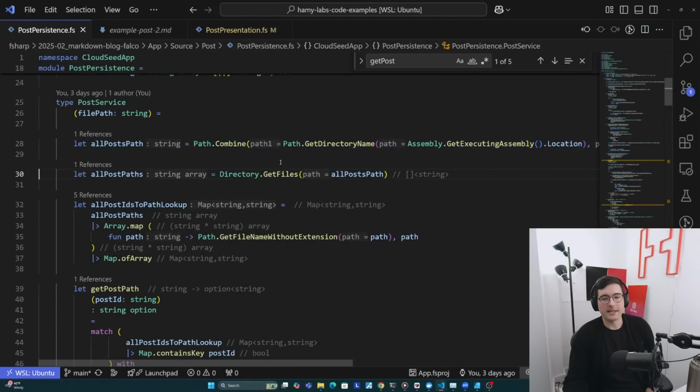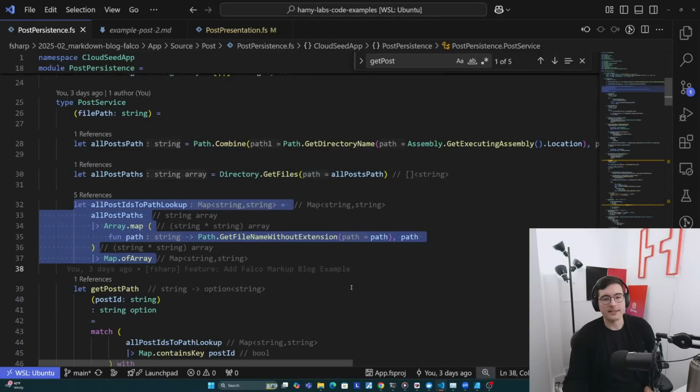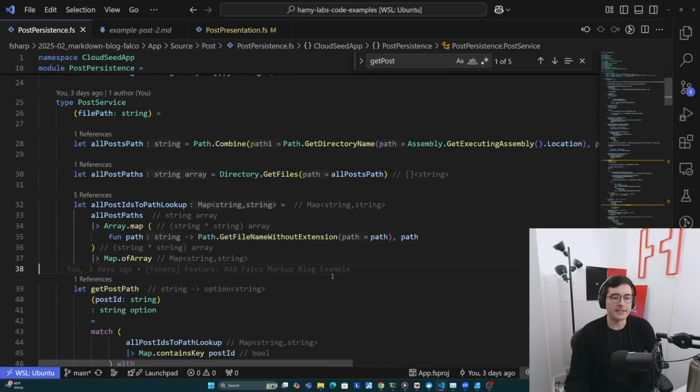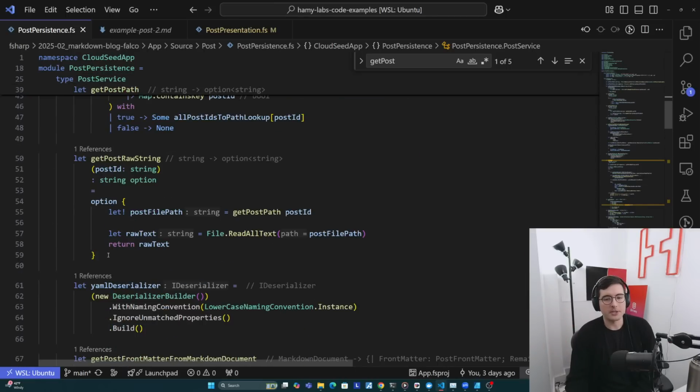So basically finding where in our server or computer these files actually live. And then we find all post paths by enumerating all the files that we actually have in that path. Then we're going to make a nice lookup here, which is all post IDs to path lookup, just to make it really easy to say, once you have an ID, how do you actually find that thing? Get post draw string, like I said, it gets the post path, and then it's just literally